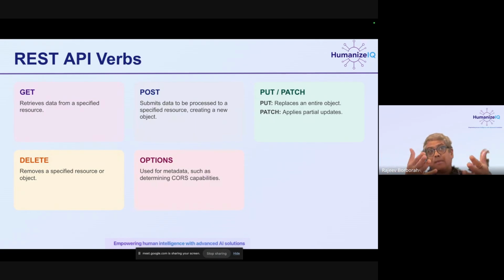So when you are writing an API, think about why you're writing it. I would like you to use the verb in the right context. It shows that you understand what it has been used for, even though there is no enforcement from any compiler or anything around that. As far as the delete verb goes, in our organization, we never delete anything. We always do a soft delete of everything, right? So in theory, that could be a patch, but you will use a delete verb because we are semantically indicating that we are deleting it, even though in the database, we are just setting a flag that deleted equal to true or active equal to false or whatever it is. We are never physically deleting it.